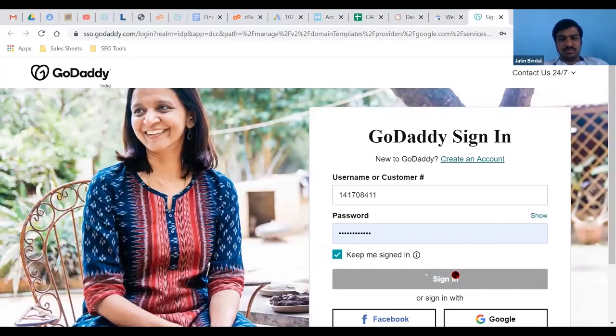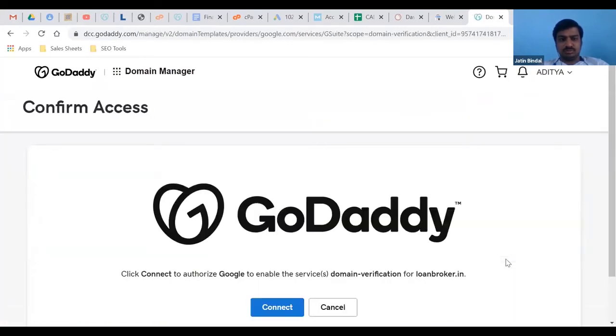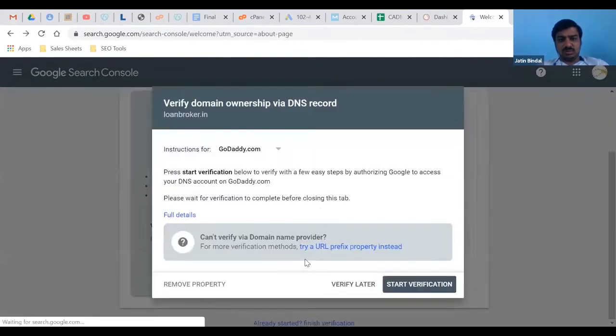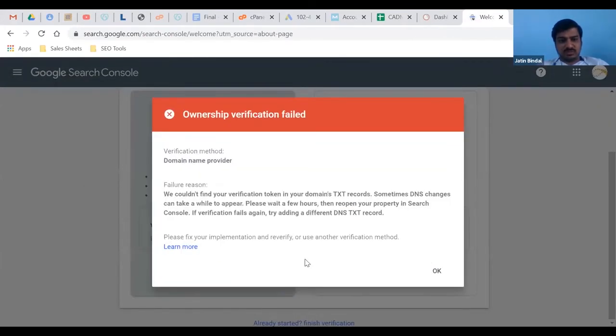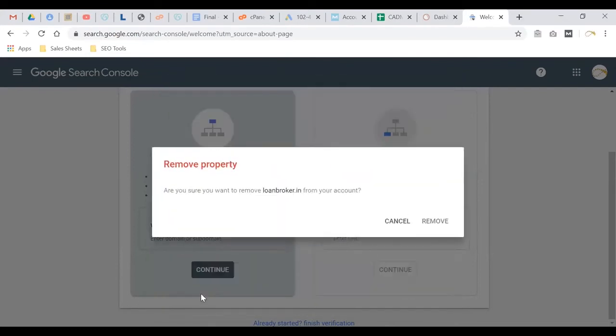Okay, then connect. Oh, some problem is there. Click OK. No issues. Just cancel, verify, remove this property. Remove property. Okay. Yeah.